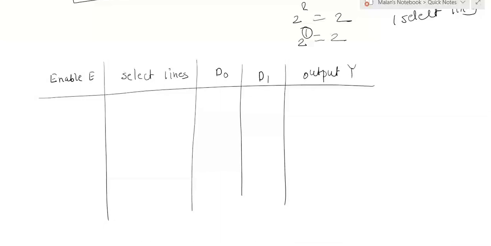Now for this truth table, depending on the circuit, the enable signal will be either 1 or 0. It is going to be changed as per the circuit. If the circuit is enabled with the active low signal of enable, then the enable signal should compulsorily be 0. If the circuit is enabled with the active high signal of enable, then the enable signal should compulsorily be 1.